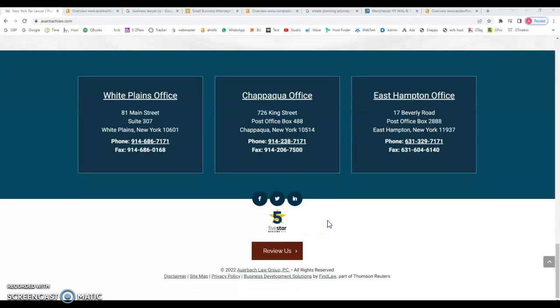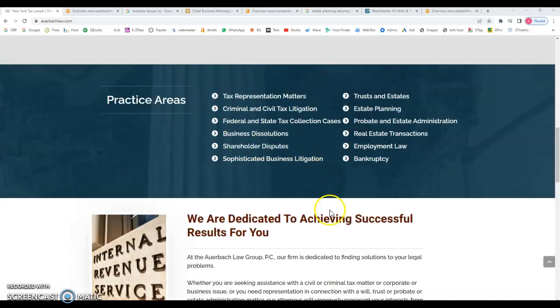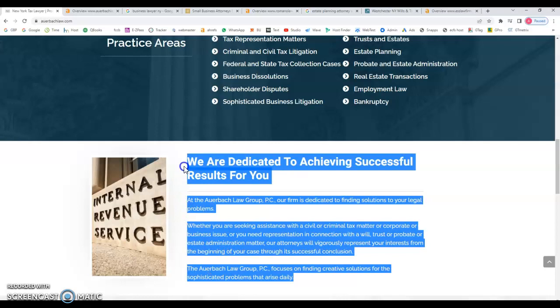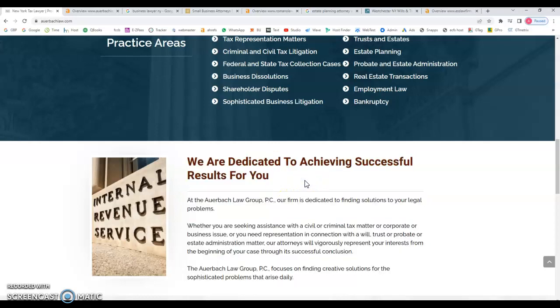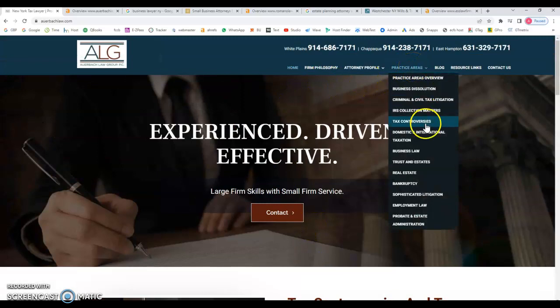And when I say content, I'm not just talking about the images. I'm talking more about the text that your website has, all of that's readable, because that's one of the first things that Google analyzes. And when you add this type of content, in this case, this text, you should include keywords that you want to be found for. For example, based on your practice area, something like